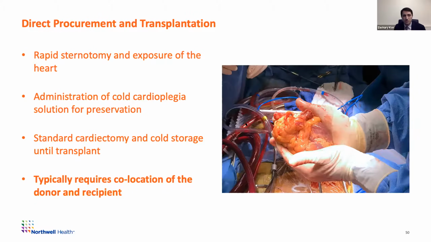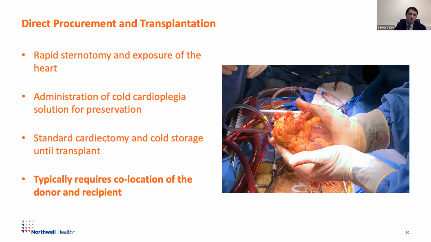Just shortly going through the strategy for direct procurement and transplantation: a rapid sternotomy, exposure of the heart, administration of cold cardioplegia, and then really standard cardiectomy and cold storage beyond that point. But because of the unknown injury to the heart and the concern for adding a long cold ischemic time on top of that warm ischemic injury, these have always required co-location of the donor and recipient. So both from a practical and from likely a questionable outcome standpoint, this has never gained traction